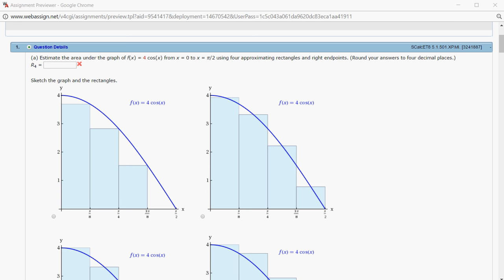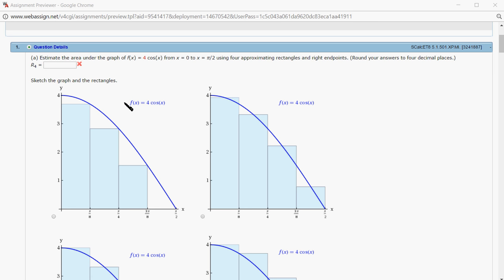Alright, let's look at homework 5.1, problem number 1. We want to estimate the area under the graph of f of x equals 4 cosine of x from x equals 0 to x equals pi over 2. Let's look at the right sum. So the function is 4 cosine of x, and we're looking at the right sum,